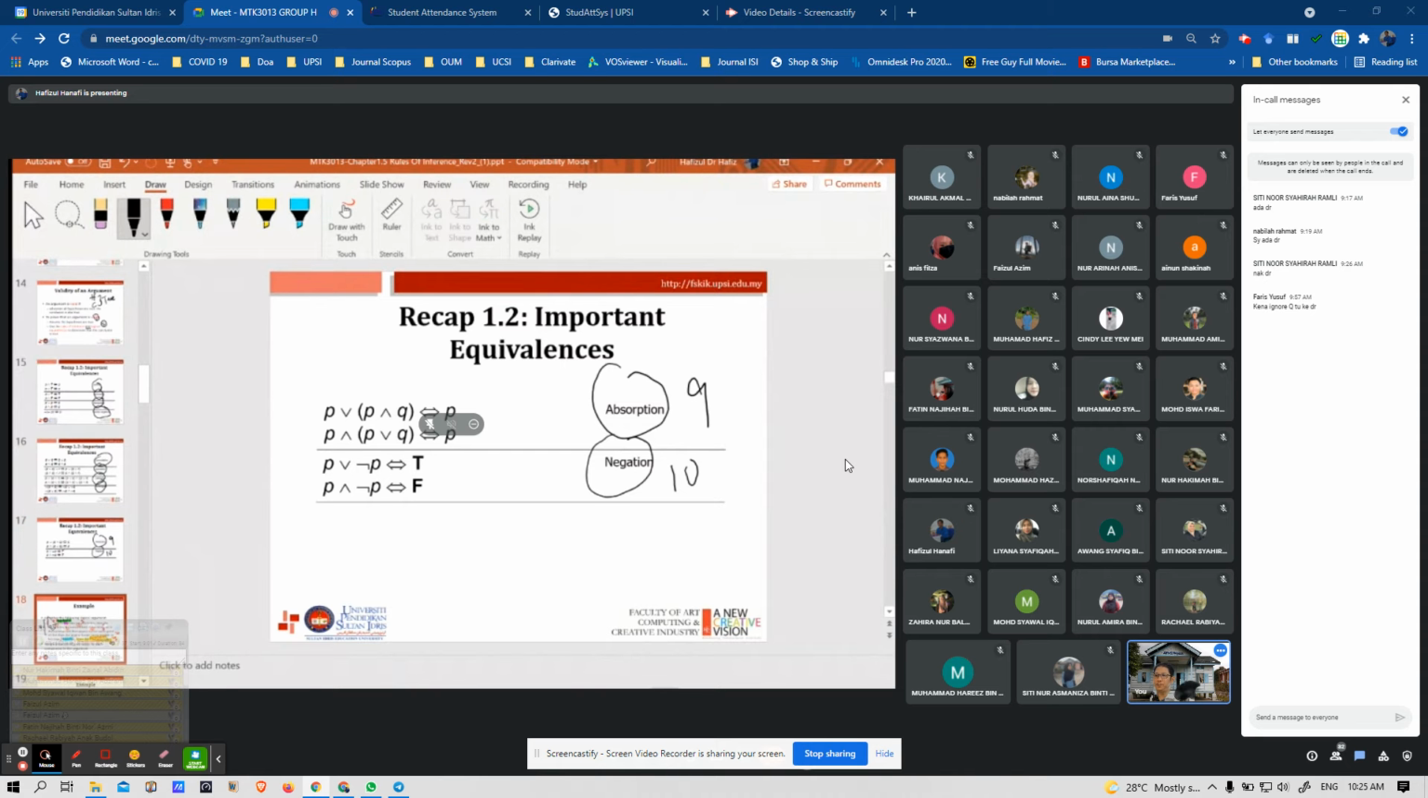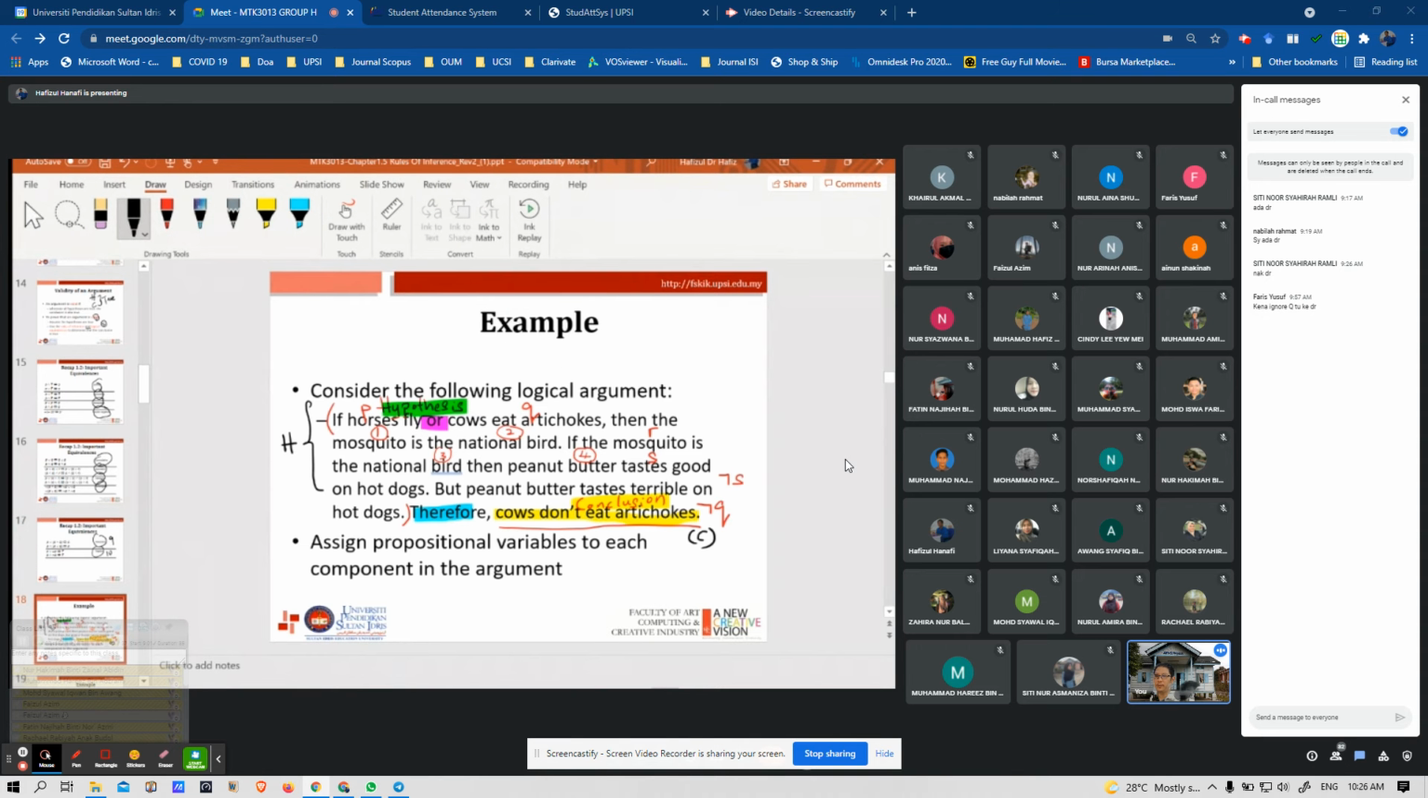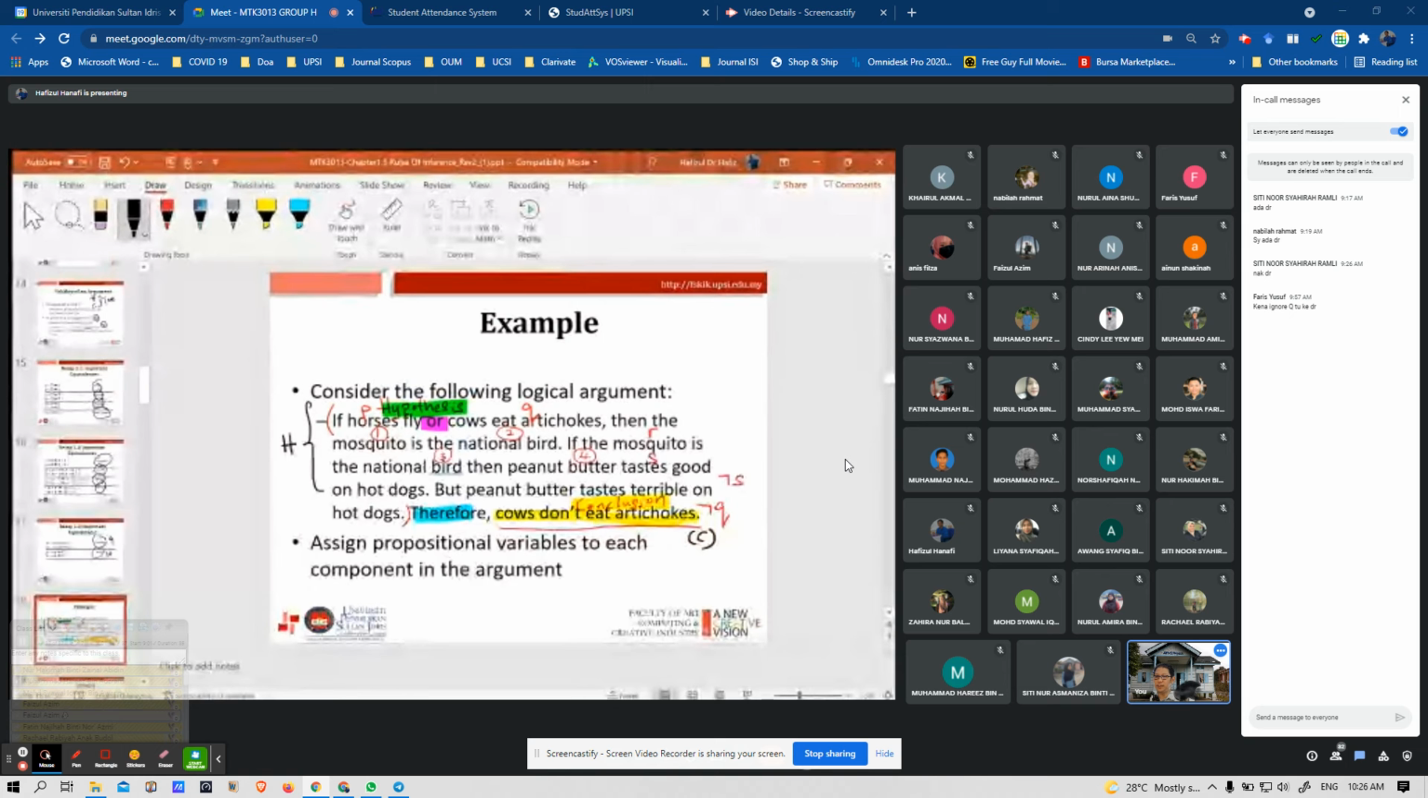Okay, for example, consider the following logical argument. We have hypotheses and a conclusion. Okay, if horses fly or cows eat artichokes,